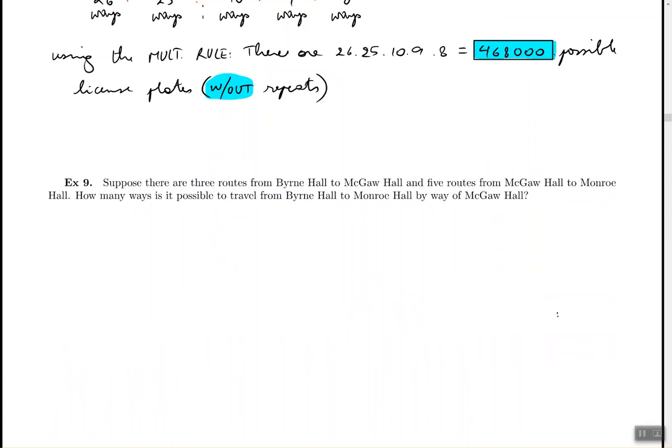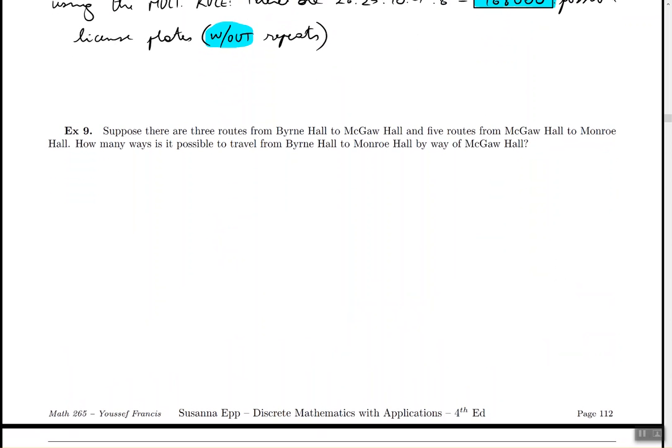Okay, let's think about example number 9. It says, suppose there are 3 routes from Burning Hall to McGaw Hall, and then 5 routes from McGaw to Monroe. How many ways is it possible to travel from the first hall all the way to the last hall? Okay, let's make a summary. There are 3 ways from BH to GH, and there are 5 routes from GH to MH. So the total is going to be